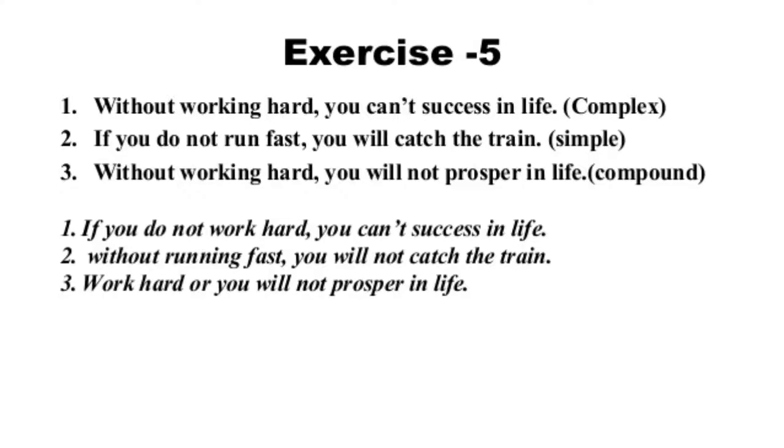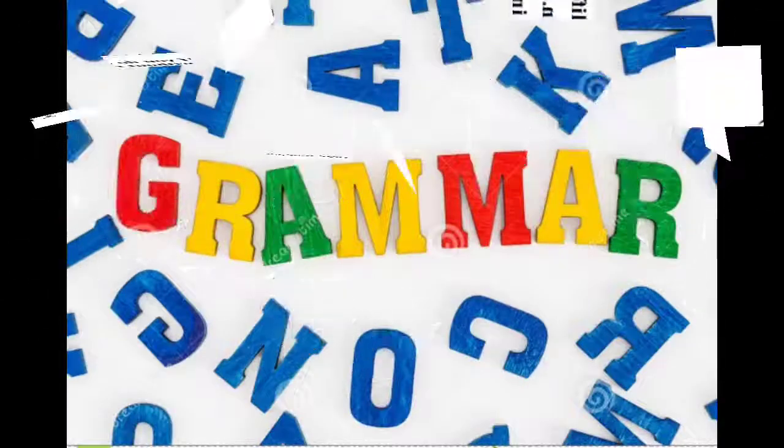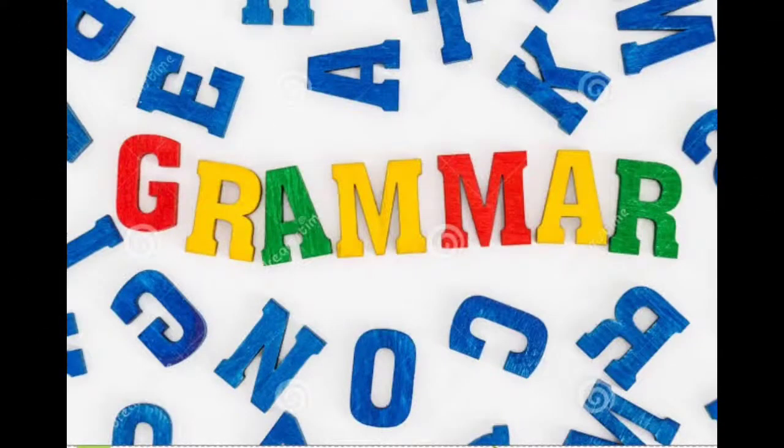So, that's all from rule 5, children. And that's all for simple, compound, complex. That is our chapter 12 from our grammar chapter, sentences. So, understand the concept of sentences and its types, children, with the rules and the structure. Do the worksheets, find out the answer and send it to me in the group.